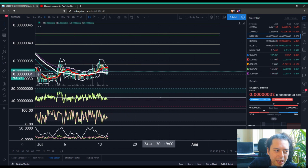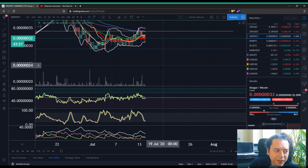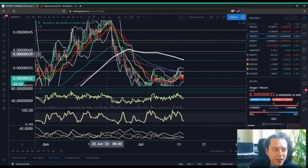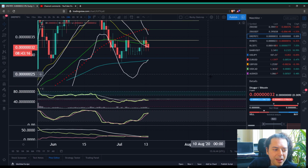And just zooming this in a wee bit, this is the 1 hour time frame. Going to the 4 hour time frame and looking at this movement down the way, it did start to come in with a bit of the old bullish divergence, right? And then if we look up towards the 24 hour time frame and do the same thing,